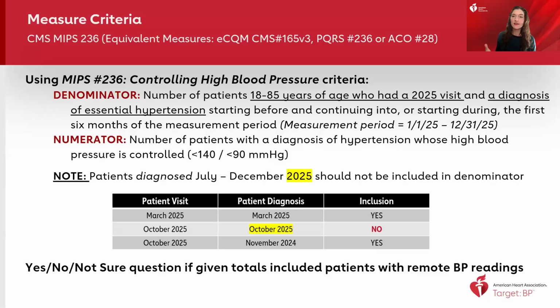So if we're asking if you're training your staff on BP measurement once a year, once every 6 months, when that question comes up and you're looking at your whole health system, you want to make sure that you're providing that training for all staff who are measuring blood pressure in order to attest yes. So that's a bigger ask to be able to know that information across all of your clinics potentially. But that's just an example of how it would apply to both the denominator as well as the attestations.